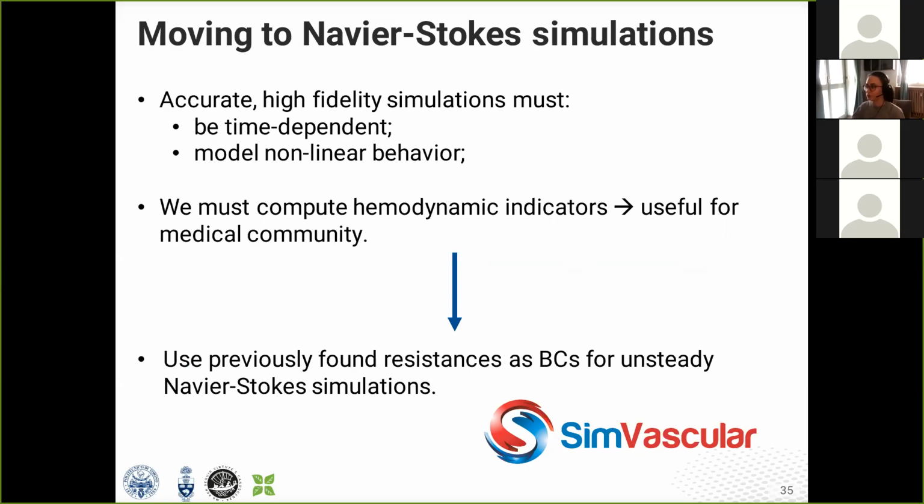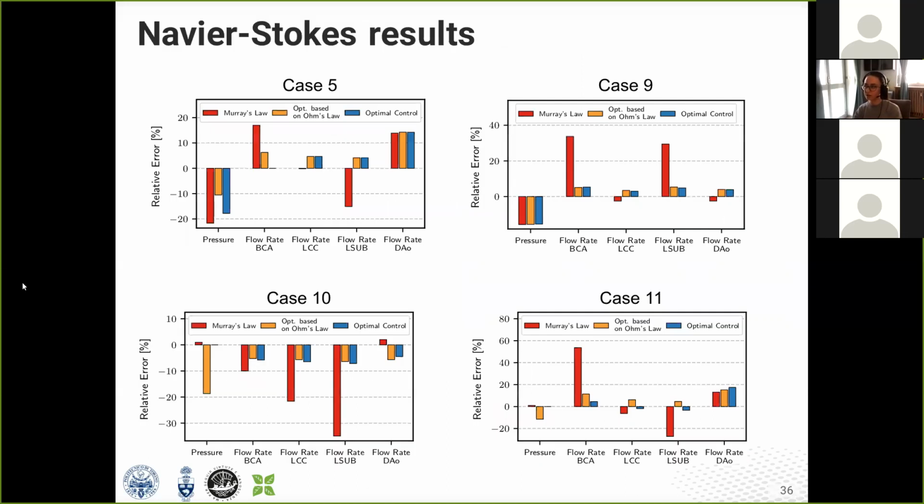So what we did was to use the resistances that were previously found as boundary conditions for unsteady Navier-Stokes simulations. In this case, as software for the simulation we use Vascular, which is an open source software developed at Stanford for high fidelity Navier-Stokes simulations. And I will show here the results for Navier-Stokes. Here I plotted the relative errors of each of the flow rates and the pressure for each case